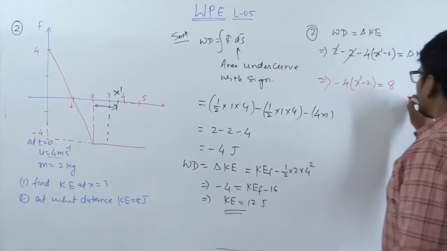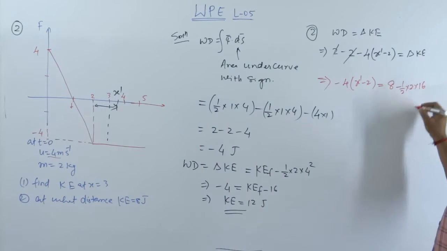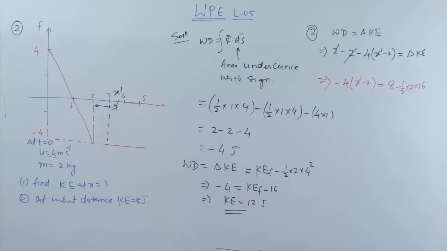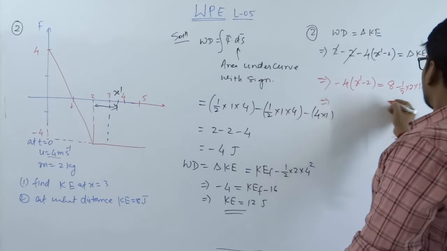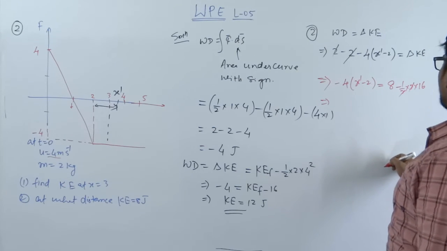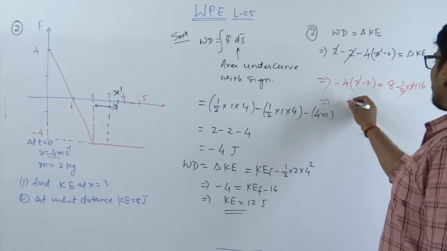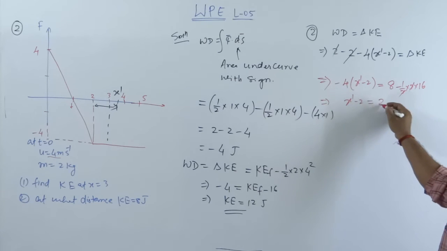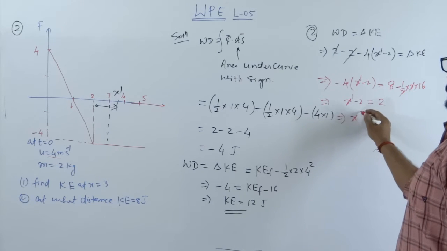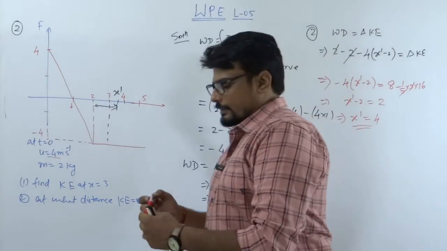वी स्क्वायर कर दो, तो -12 into m into v square which is 16, करेक्ट है ना, वेलोसिटी वाज 4, चलो बढ़िया। तो दिस इज गोइंग टू बी हाउ मच, तो ये कुछ कैंसिल कर दो ना, तो कितना हो गया, 8 - 16 -8 हो गया, और वो कट जाएगा, तो आपको हो जाएगा x dash -2 -8 4 2, it means x dash is going to be 4, means at 4 the kinetic energy is going to be